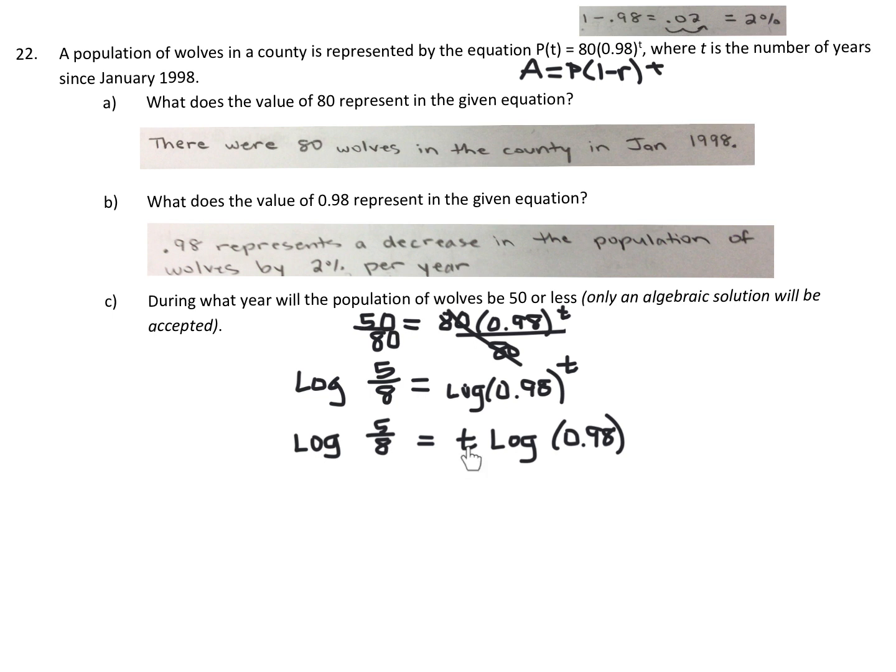Since the right side of the equation says t times log of 0.98, if we want to get the t by itself, we just divide both sides of the equation by log of 0.98. Okay, so on the right side, those cancel, leaving me with t. And then here you're just going to plug this in your calculator. All right, so you can plug it in exactly like you see it. And when you do, you get approximately, I'm just going to say